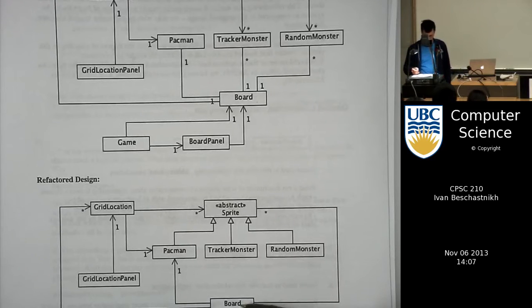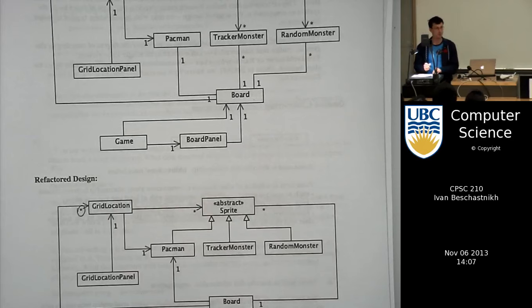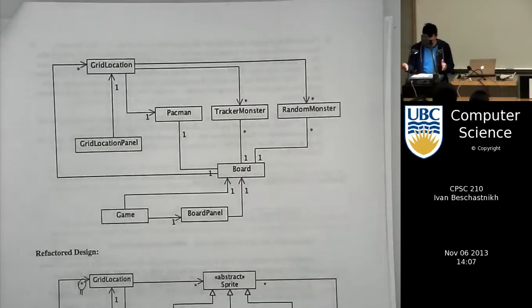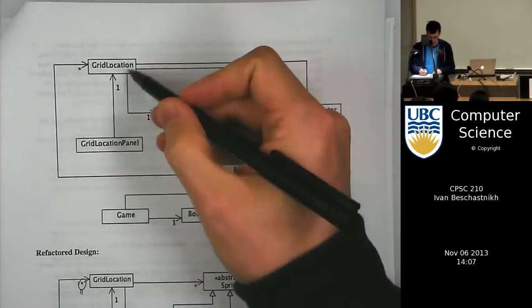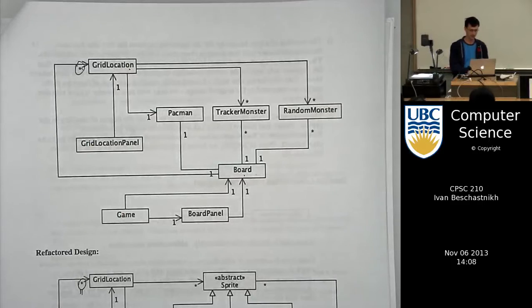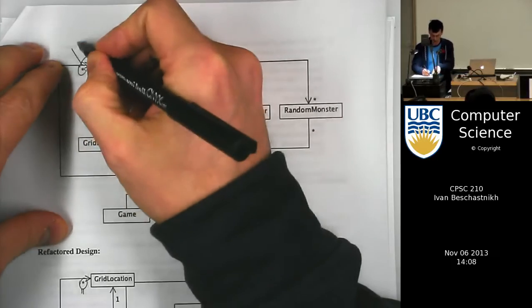So have board, it knows about multiple grid locations, so you have a star. So remember, a star is the same. Say again? It is the first one. Oh, yeah. Okay, yeah, there's a line here. I was just confused. So a board knows about a grid location. It knows about multiple grid locations because there's a list of grid locations. So I could add multiple grid locations to that list. And then a star just means 0,